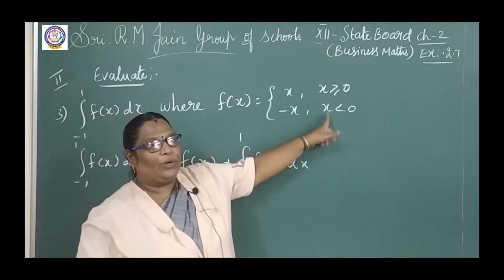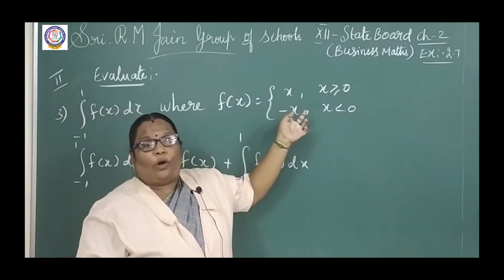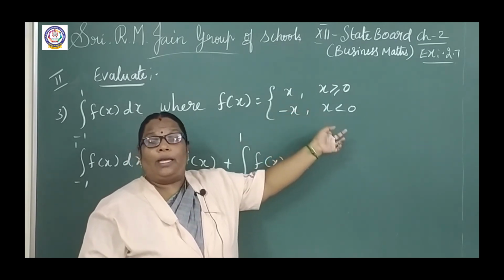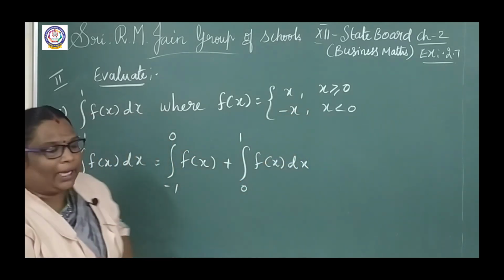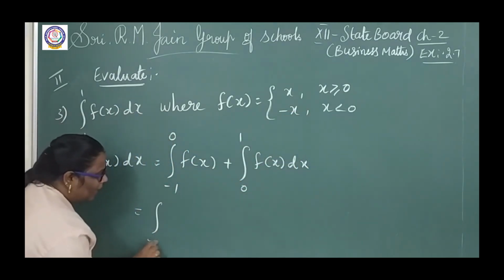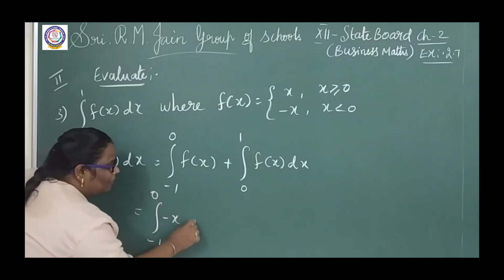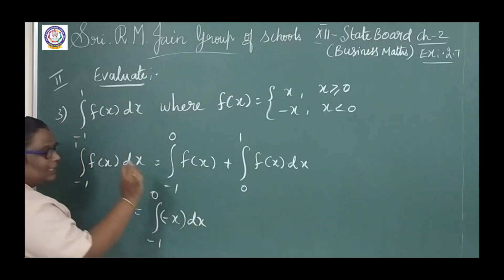Less than 0 means you can take the corresponding value as -x. So, integral from -1 to 0 of -x dx